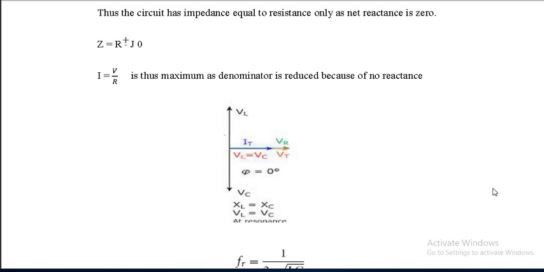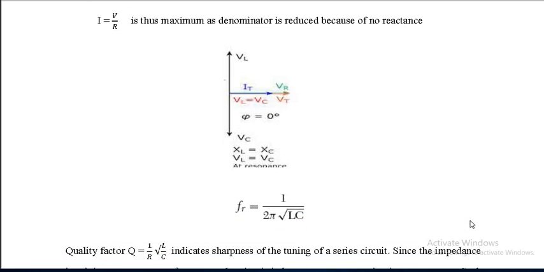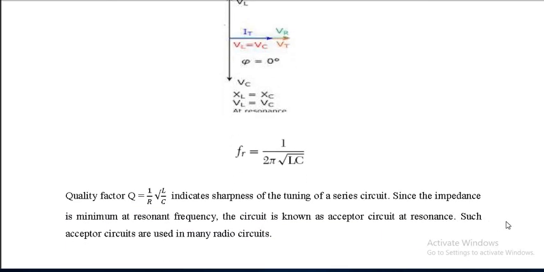Is it okay? Yes. So at resonance, XL is equal to XC, VL is equal to VC. Current drawn is maximum. That is why this is also called current maximization. Okay. Why is current maximum? Because current is equal to V by Z, but now Z is just equal to R. That means the denominator is less. When the denominator is less, the quantity has to be a high value. Okay, so that is why this is also called current maximization. Right. Of course, the resonant frequency is 1 upon 2 pi root LC, and the quality factor of this is 1 upon R under root of L by C.